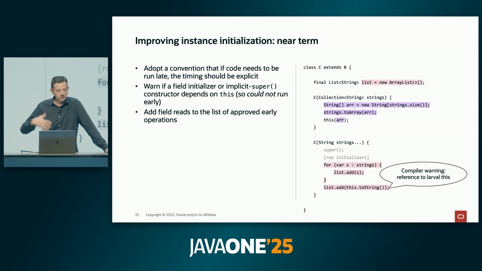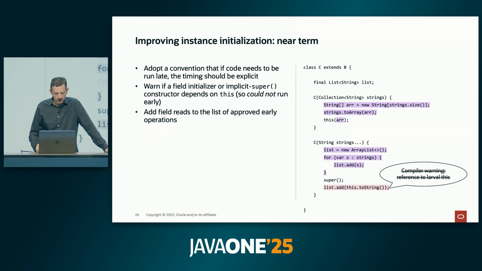And then somebody can opt into these warnings, and they get warnings of anything else they try to do with this. And when they see those warnings, what they can do is put in an explicit supercall if necessary, so that all the early code that can run early is placed in the early phase. And then things that have to run late because of the dependency on this, they appear after the supercall.